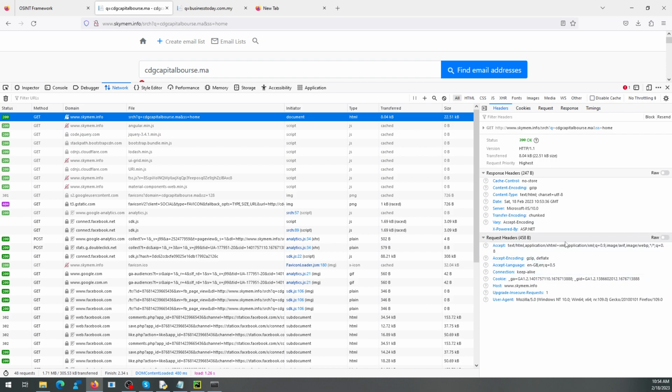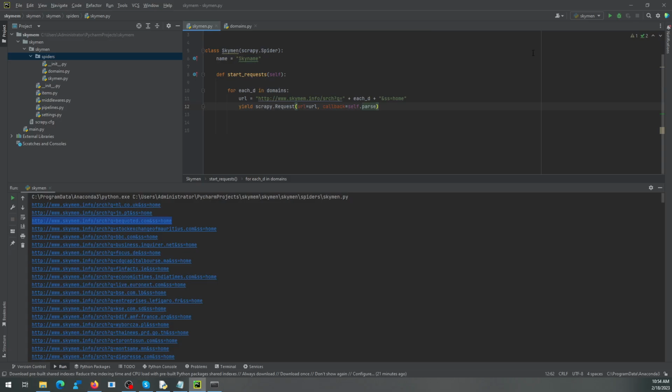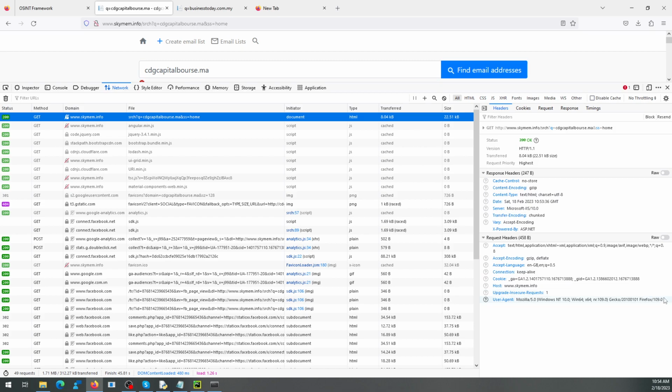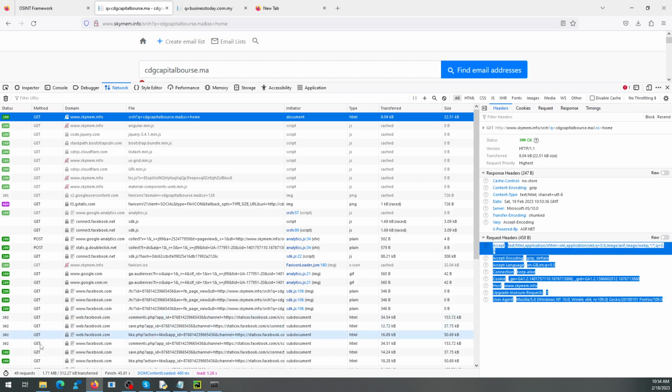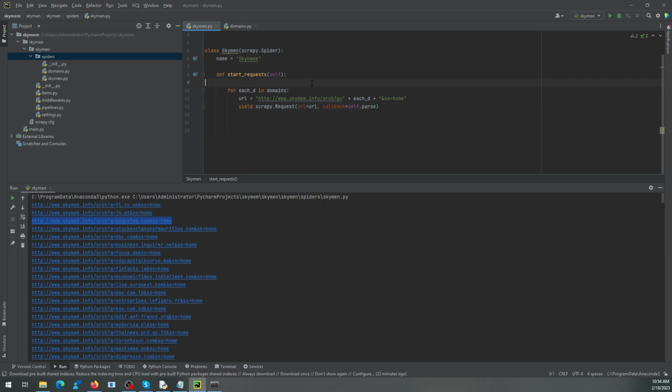So what we're going to do is create this request header, and then paste it into our program so that it will accept it just like our browser. That's what I'm trying to say. Okay, so we're going to copy it, and I'm going to create a variable called